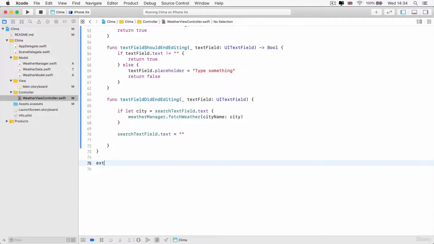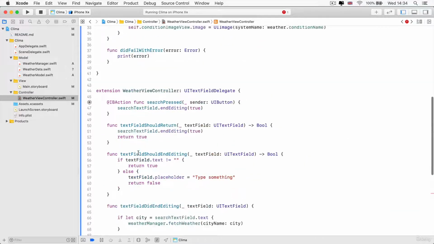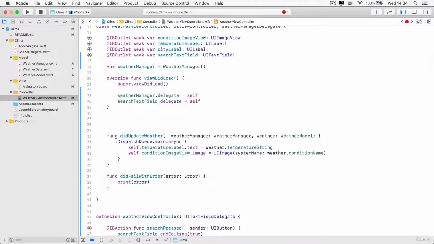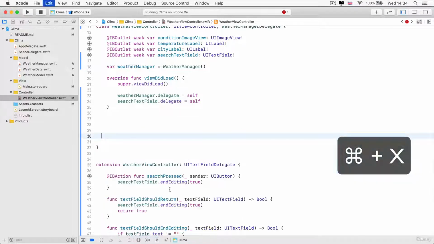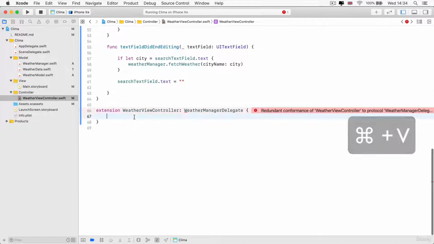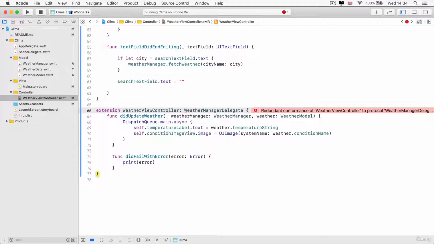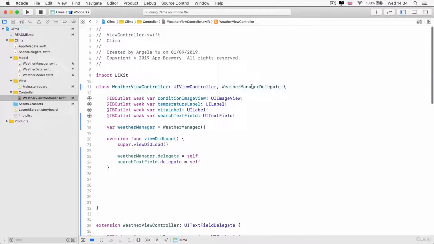Now, the next extension I'm going to build is going to be adopting the Weather Manager delegate. So let's create another extension for our Weather View controller. And this one is going to adopt the Weather Manager delegate. And then inside here, we're going to move the two Weather Manager delegate methods, the did update weather and the did fail with error. So we're going to cut that out and move it in here. So now we can again delete this one,